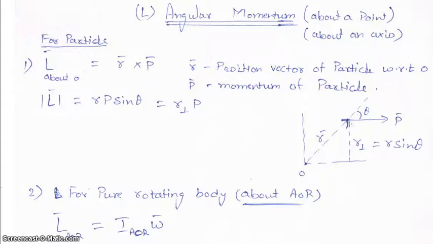From this diagram, let's say this is the particle and it has a momentum p in this direction, and we have to find its angular momentum about O. So we draw a position vector of the particle from O. So we can write down r p sin theta, or r perpendicular p, similar to the torque. For a pure rotating body, we can have